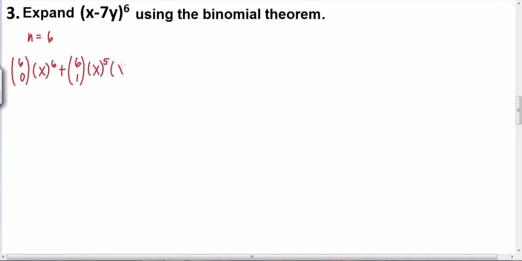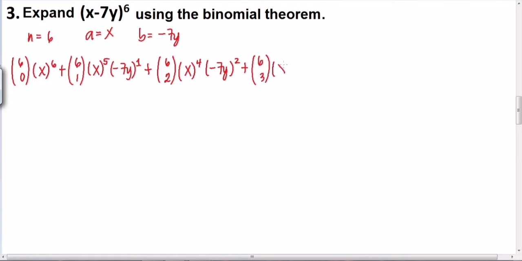And then, yung ating b, so ang a natin ay x, ang b natin negative 7y. So, negative 7y raised to 1. Ayan, so 1 din siya. Plus, so 6c2, and then, x raised to 4. So, pababa na kasi yung ating a. So, 6, 5, 4. And then, ito namang negative 7y ay 2. You always include the sign. Okay? Plus,